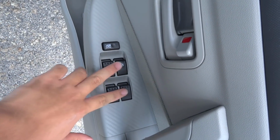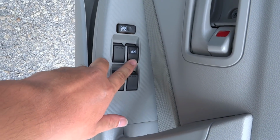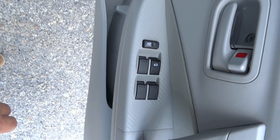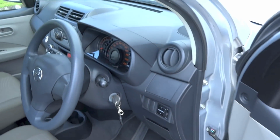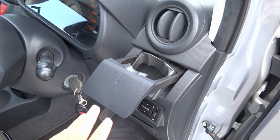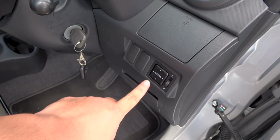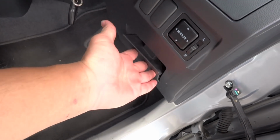Window lock, window controls. All of the windows in this car are powered, while the driver's side is the only side that gets an automatic down function. Storage, bottle holder, cup holder, mirror controls, storage,